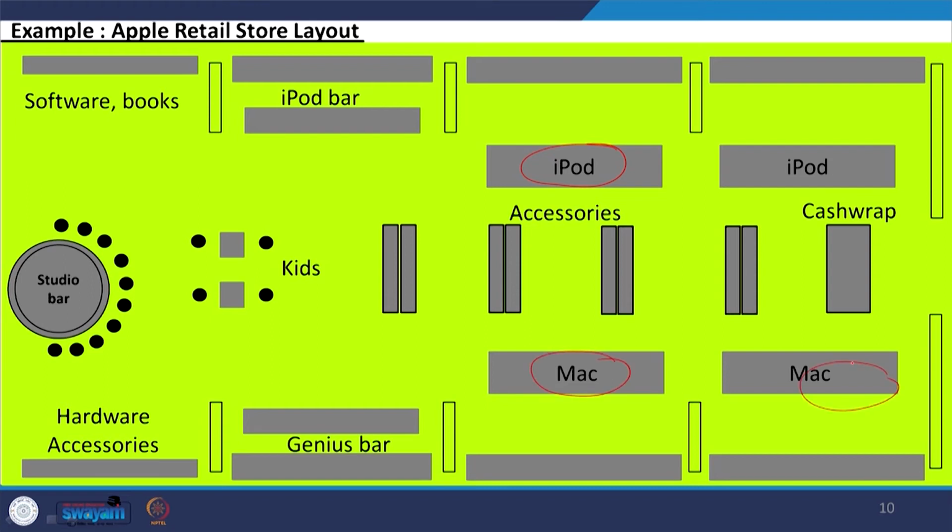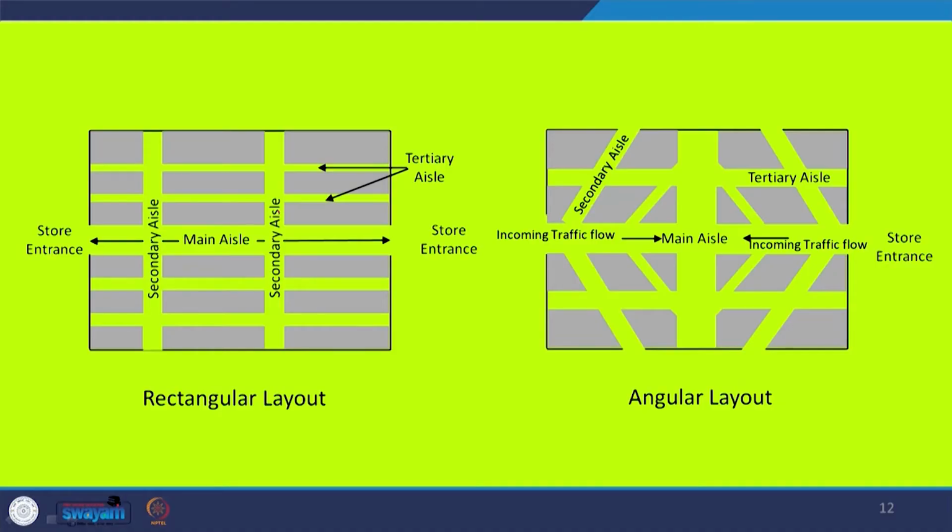So that the products which they want to push to the customer can be highlighted, and those products which the customer is coming to purchase anyway are placed in some corners, so that your important place is not used for those things which will be sold automatically. Similarly, you can see these types of arrangements when you go to various shopping malls.